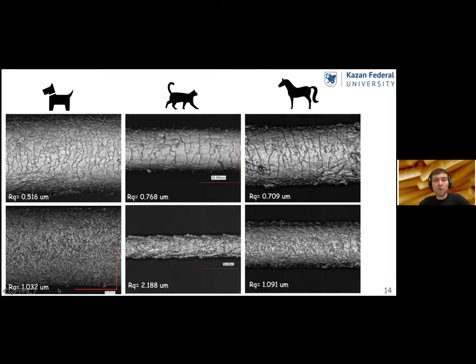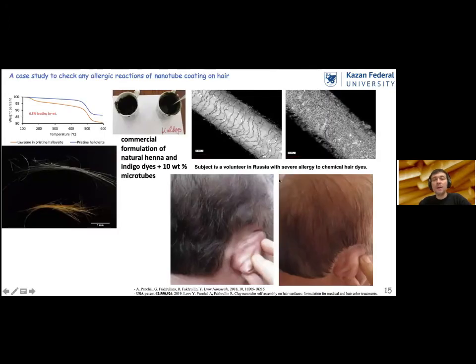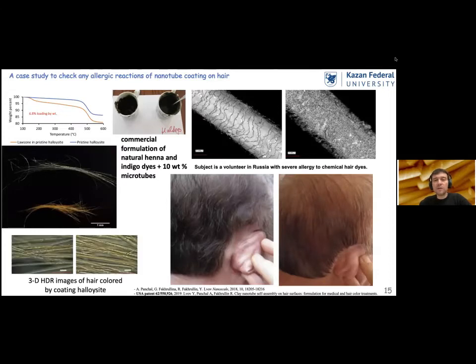So here you can see dog hair, or fur, cat hair, horse hair. In all cases, we have very good coating, which can be numerically evaluated by, for example, measuring the roughness parameter before and after deposition of halloysite. And here, for example, on this slide, you can see how this approach can be utilized for